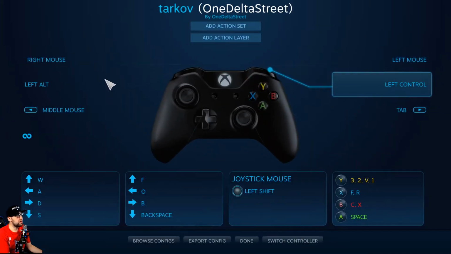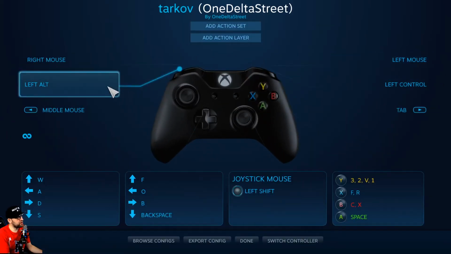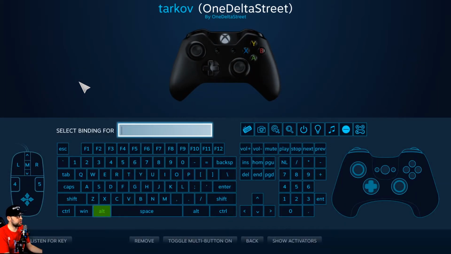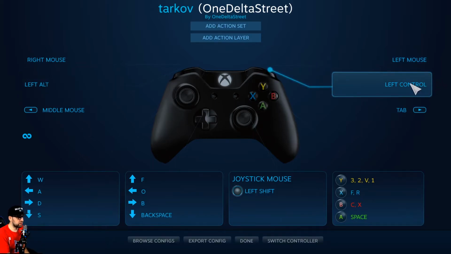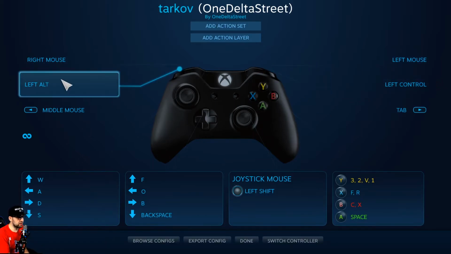And then the bumper buttons, I use these for the control and the alt button. So on PUBG, your left bumper on console is to hold your breath to steady your shot, and that's left alt. So this is also the alt trigger that, you know, checks ammo, weapon check and all that stuff, along with control. So it's beneficial to have these,